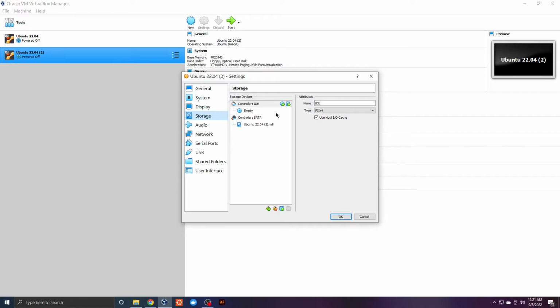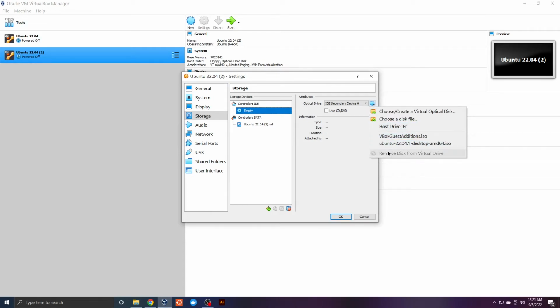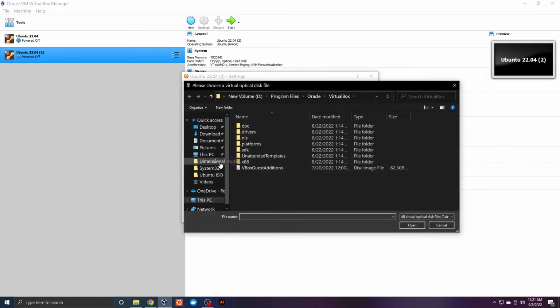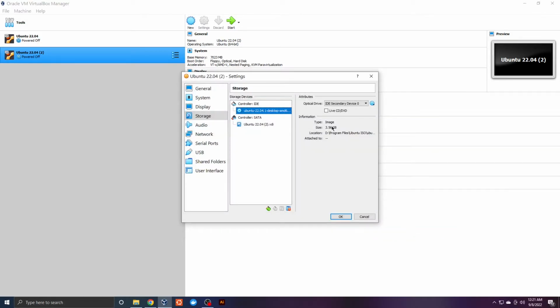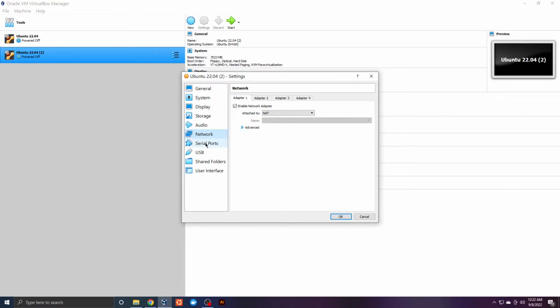Now see here, I have to install an ISO file here. So how am I going to do this? I will click this and go to find my ISO file. I have already mentioned this ISO file here. I will go there, find the Ubuntu ISO file and choose it. Now you can see that I have installed a virtual CD of the ISO file Ubuntu 22.04, or you just leave it as it is